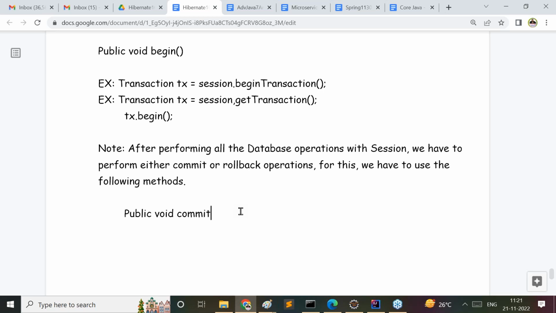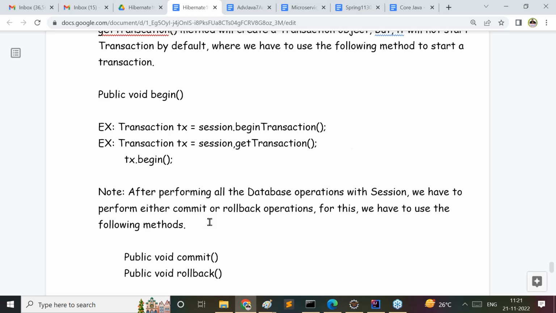Public void commit, public void rollback. That's it. These two methods can be provided now. That is the sixth or seventh step, which I have covered here itself, so it is not required to go for it. Next one, after completion of this,